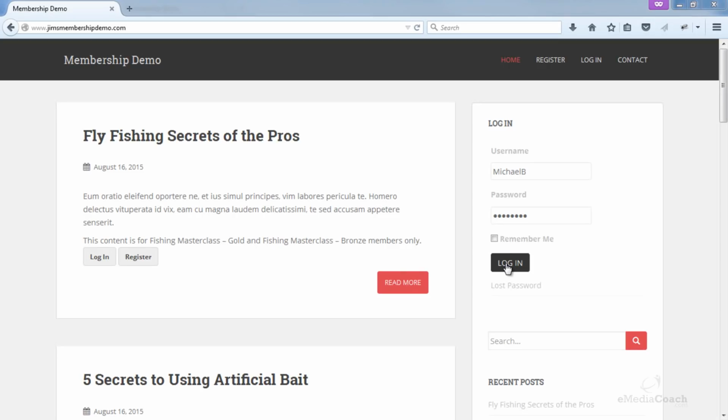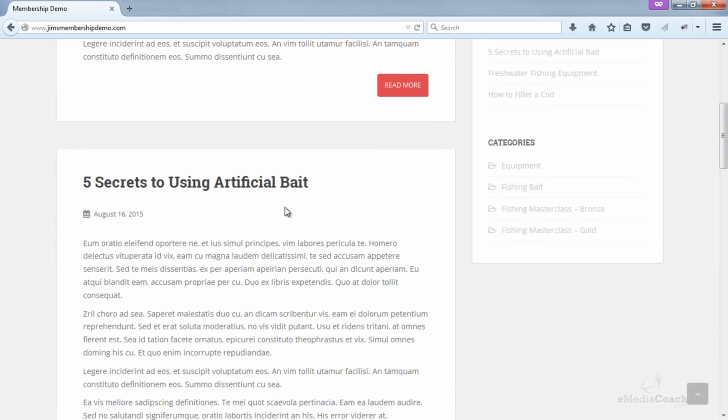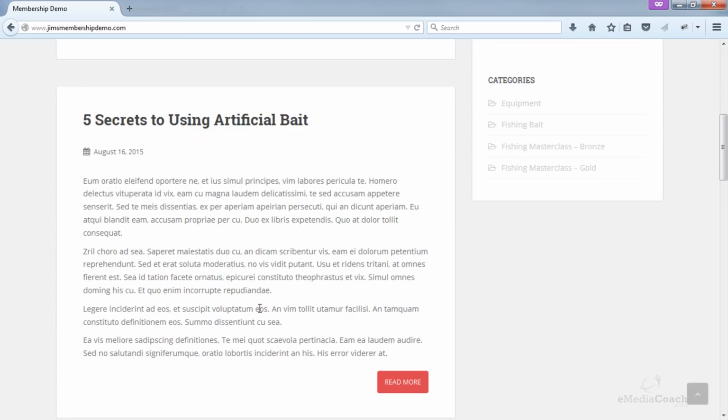Okay, this brings me to my next point. What happens when a user cancels their membership through PayPal? Basically, they'll go in and cancel their payment. What happens? So I will show you a demonstration of how that actually works. So take this member, for example, our original member, Michael, who signed up for $1 up front, then $15 a month. Currently, he's part of the gold membership level and can access content based on that membership level. For example, that post there.